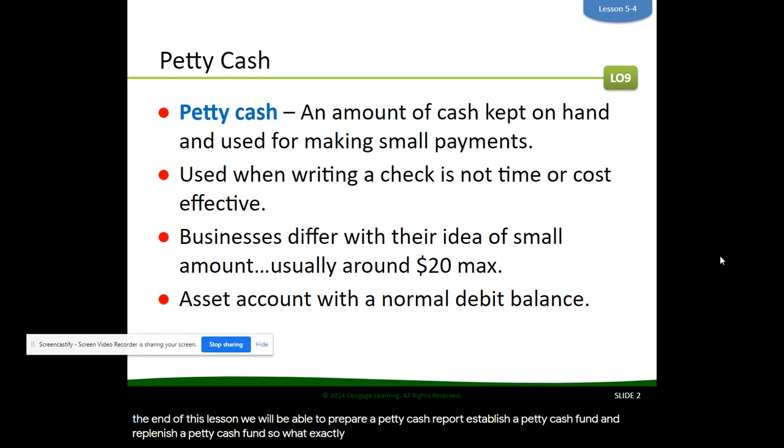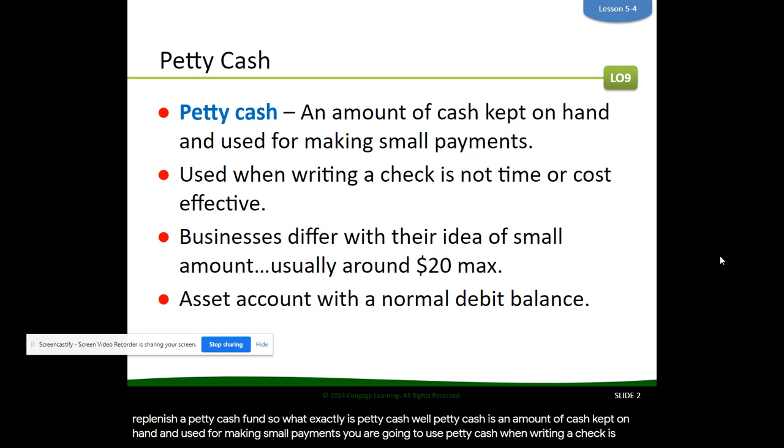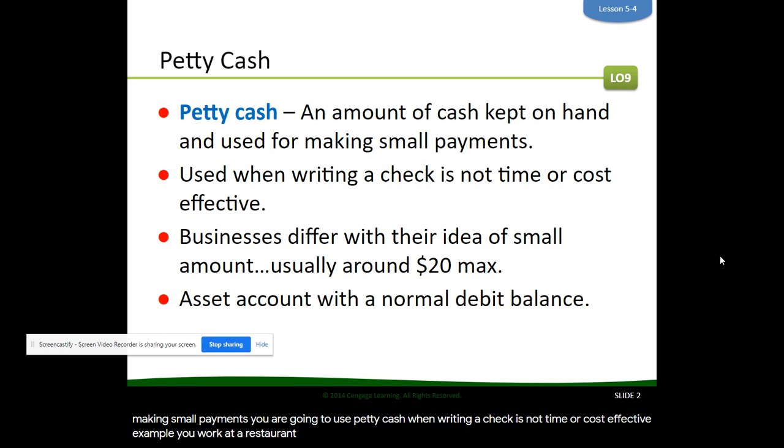So, what exactly is petty cash? Well, petty cash is an amount of cash kept on hand and used for making small payments. You are going to use petty cash when writing a check is not time or cost effective. Example, you work at a restaurant, you run out of napkins, you need to run to the store and grab some napkins right away because you need the napkins to run your restaurant. So, you're grabbing a small amount of cash out of a petty cash fund and going to the store to